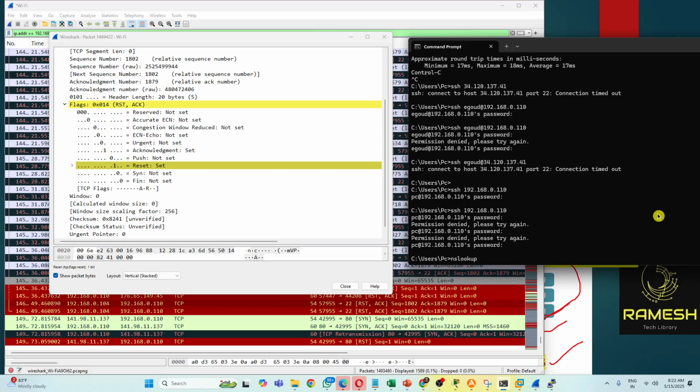Understood everyone? Hello? Yes, sir. Okay. Whenever they block the port, or if you don't have access, if you're not able to access it, the reset flag will be set to 1 by the receiver and sent to the source.